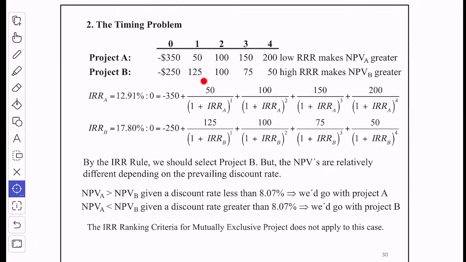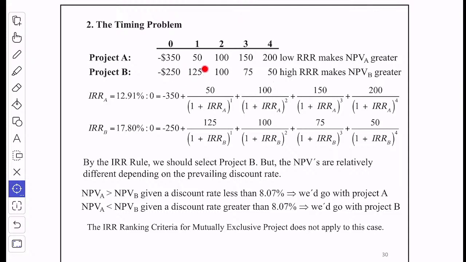So this is where our conversation comes in about discount rates. Project A favors a low discount rate. That would make NPV of A higher. And project B favors high discount rates